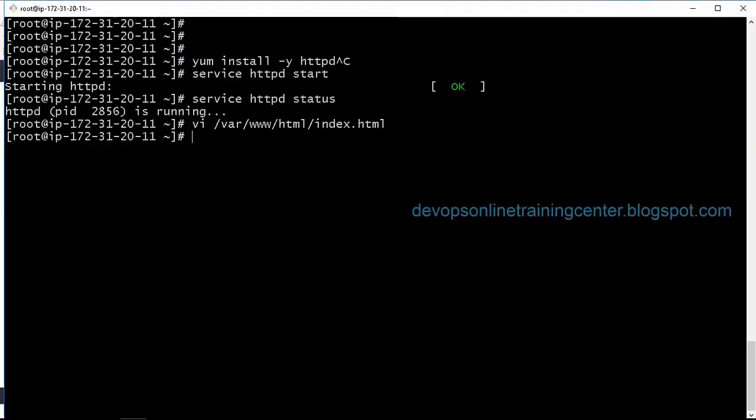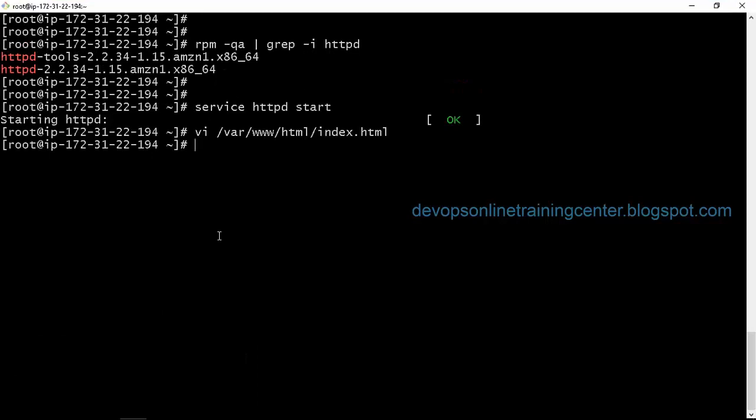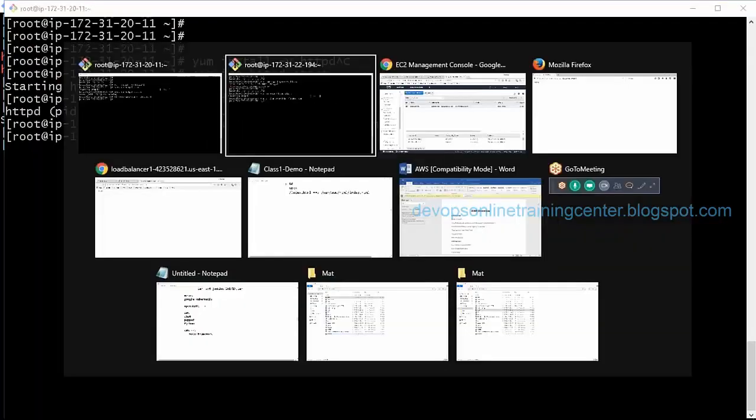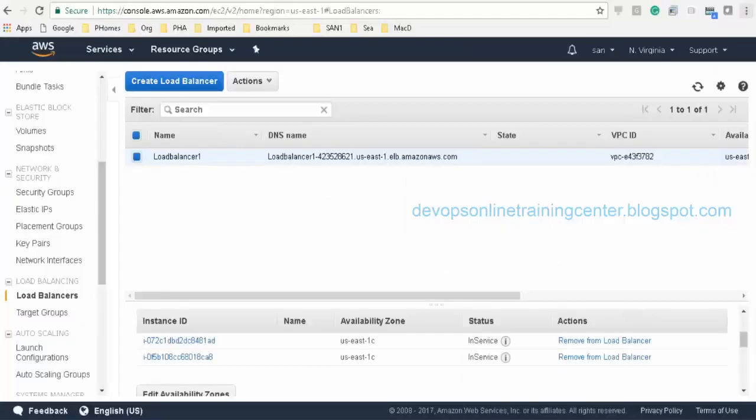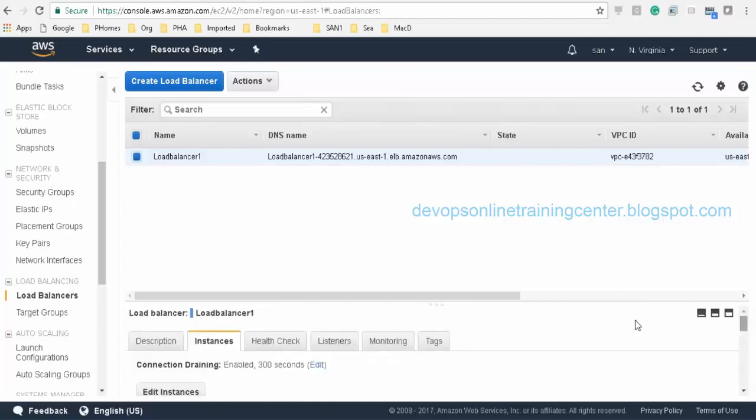So you mean if we bring down one server, what happens? All the traffic will go to the second server. No, I'm asking about the monitoring part. We have set intervals, 5 seconds, and all that monitoring is done on the index.html. Is that index.html file there or what?